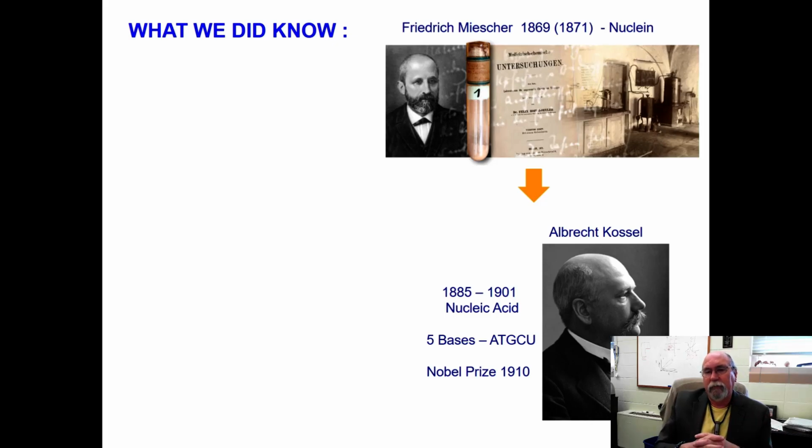Starting in the 1870s, he experimented on this nuclear material after Miescher had discovered it. He developed ways to more effectively isolate it, and eventually he was able to realize that the material was nucleic acid. Working after that, from 1885 on up to about 1901, during that period, he was actually able to isolate and recognize that this nuclear material, which he was accredited as calling DNA because it was a deoxyribonucleic acid, he realized there are 5